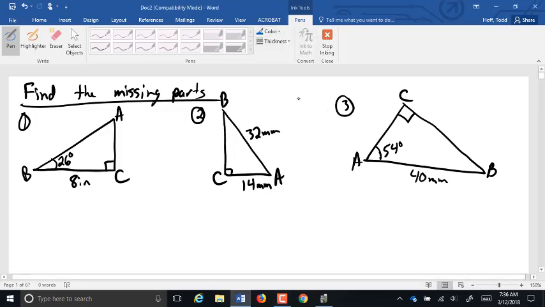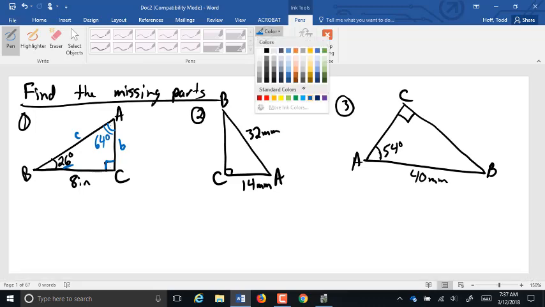So for the first one here, we need to find three things. We need to find angle A up here, side little b, and side little c. Angle A is pretty simple. How do I find that? Perfect. 180 minus 90 and 26 together. Since we know this one's going to be 90, 180 minus 90 is 90. So 90 minus the 26 is going to give us this one, which is